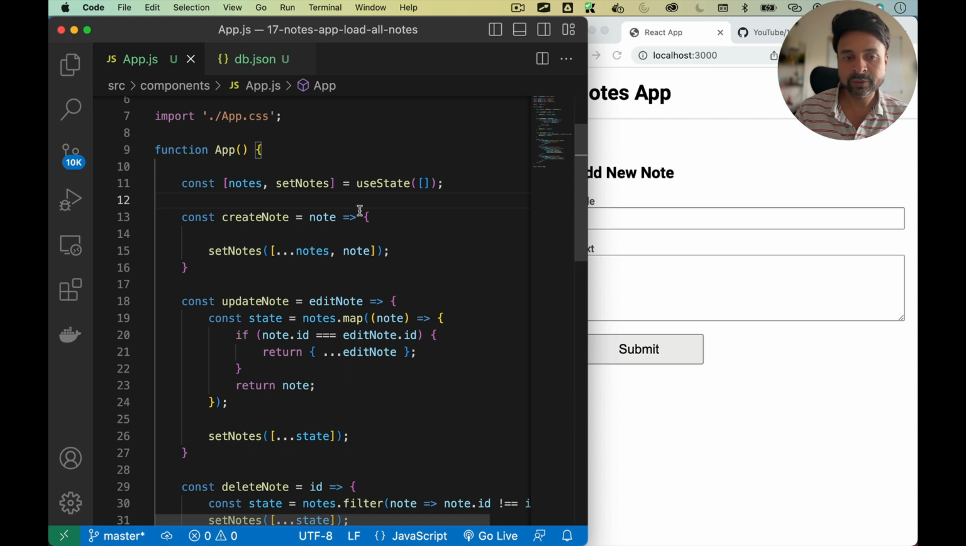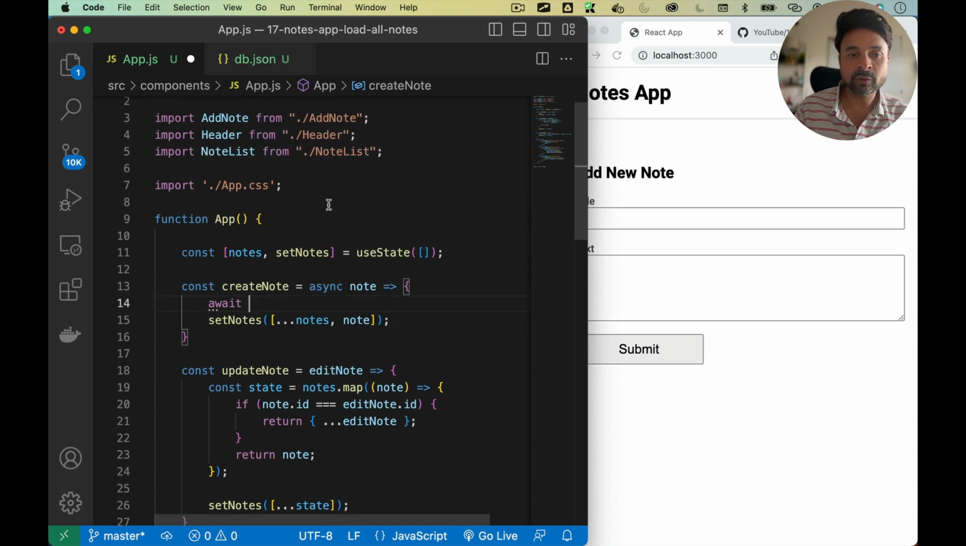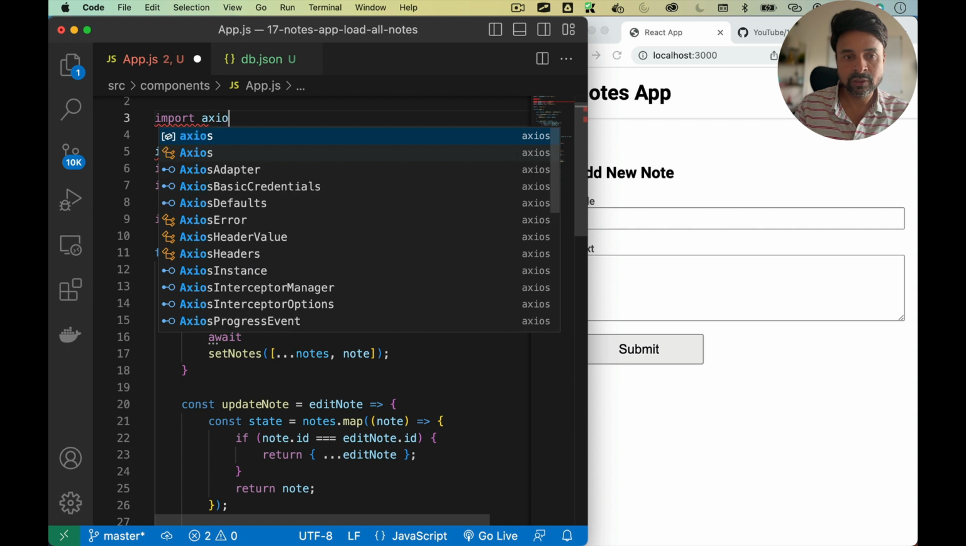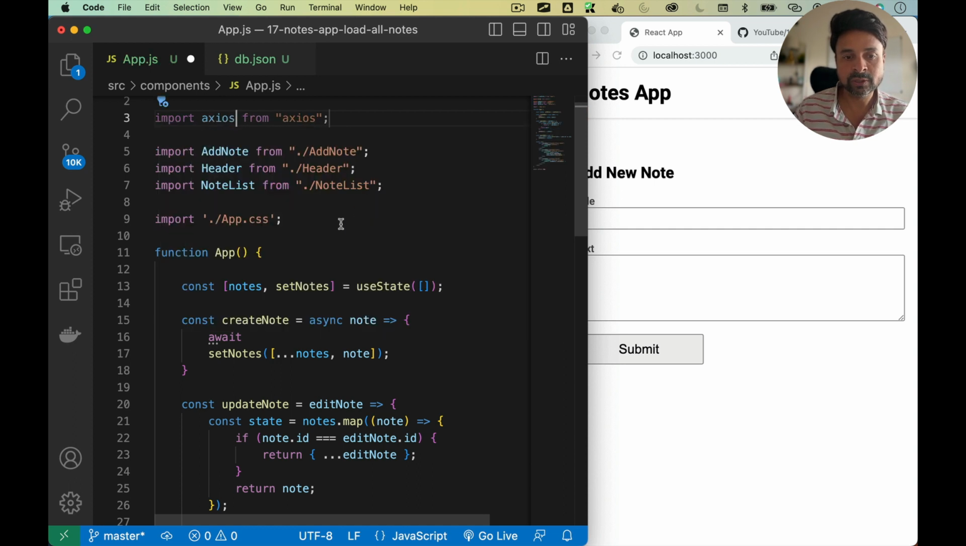So now I'm going to take this node and use Axios. First, in this create node function, I need to convert this function into an async function because we're going to use the async await syntax. So I'll say await, and I need to import Axios first. So let me import Axios at the top. Import axios from 'axios', and I'll say